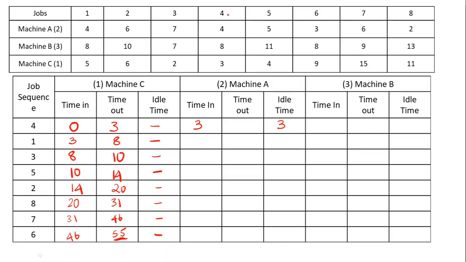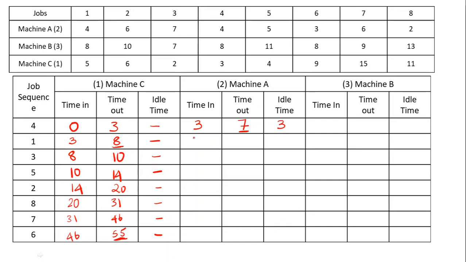Now again get to the sequence. Job number 4 in mission A takes 4 hours to be completed. So you are going to have 7 hours. Now for filling up this particular value, look into this timeout value as well as this timeout value. So the first row that is present over here, this particular value. Exactly at the 7th hour, job number 4 has been completely finished in mission A.